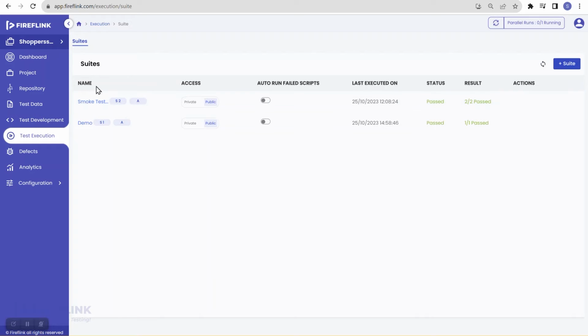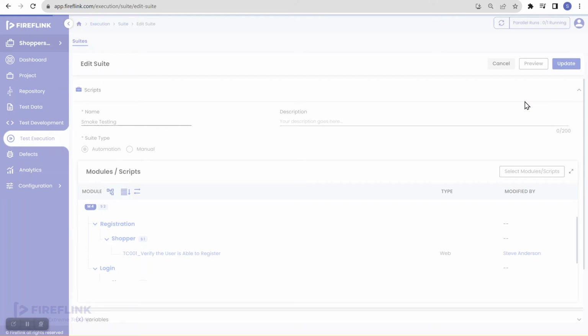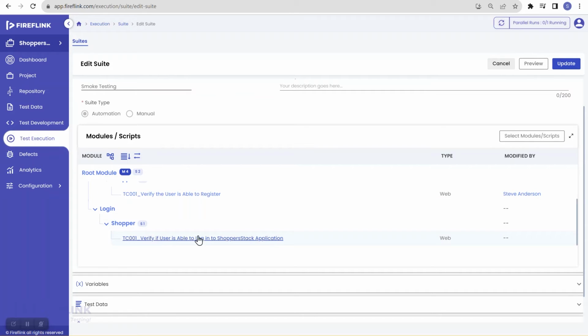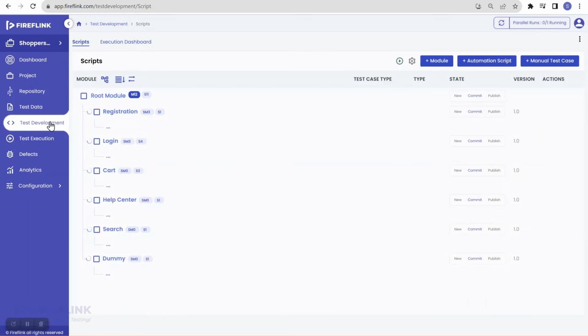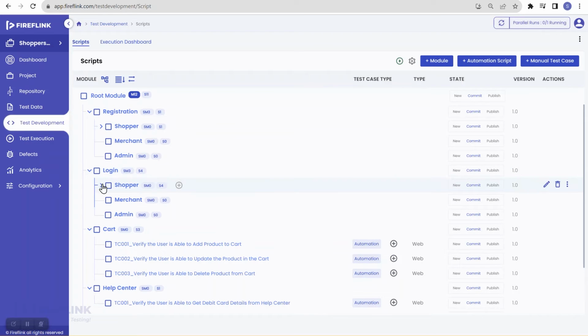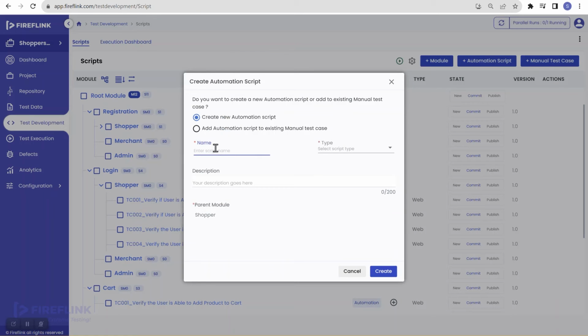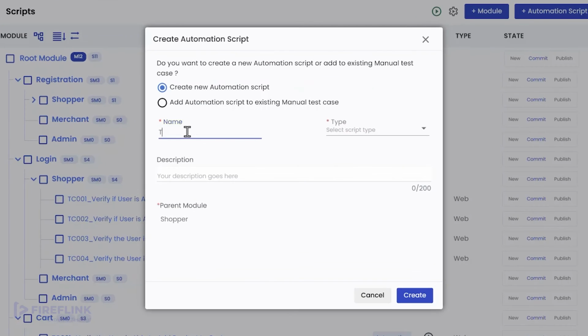Let us see it. So for that, in this particular suit, as of now, 2 scripts are there. Let me just click on edit, and here one script is for registration process, one script is for login process, right? Now what I will do, I'll just go to test development. I'll just go to this shopper module, and here I will add one more script. I'll just say add automation script PC005,